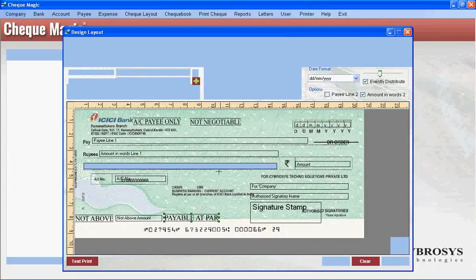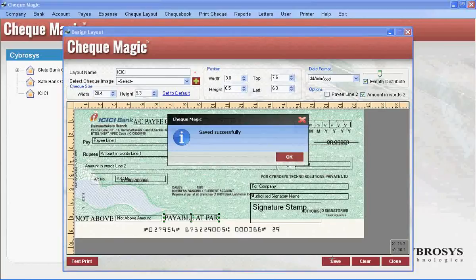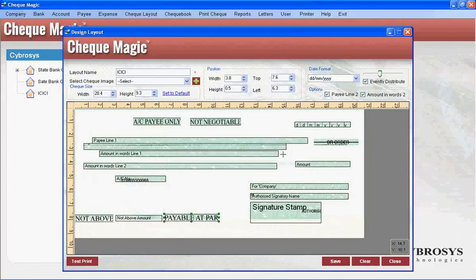Once you are satisfied with the alignments and positioning of each field on your check, you can click Save. A new check layout has been created, and you can use this check layout with the checkbook that you would like to